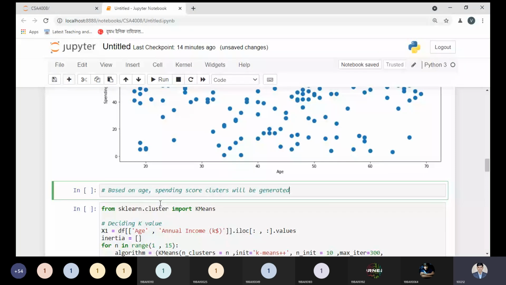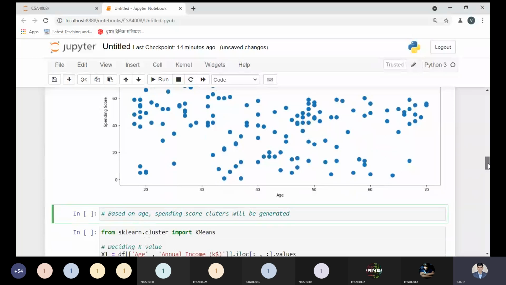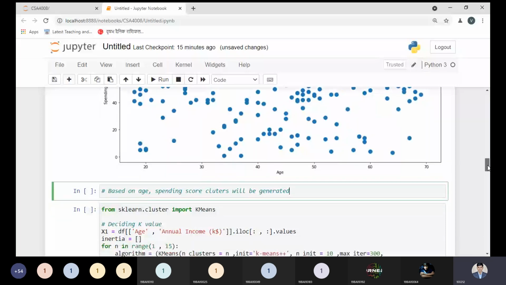Okay, so you can see this is only the scatter graph and it does not show the concept right now. How will you understand how many clusters we are having and what parameters we can choose to represent our information? From this point, it is not easy to detect. That is the point you need to keep in mind. First, let us know what the important aspects are. We need to decide the number of clusters you can define. Based on age and spending score, clusters will be generated. That is the point you have to keep in mind.